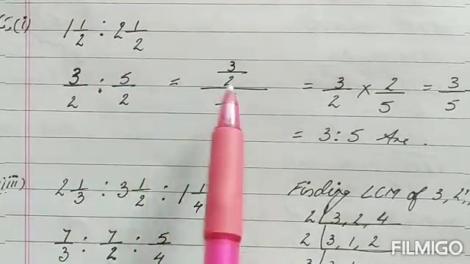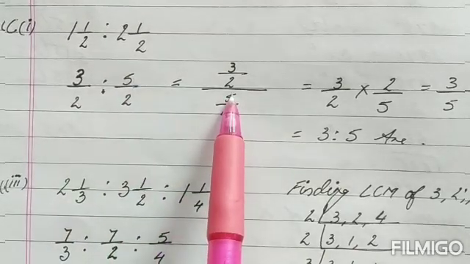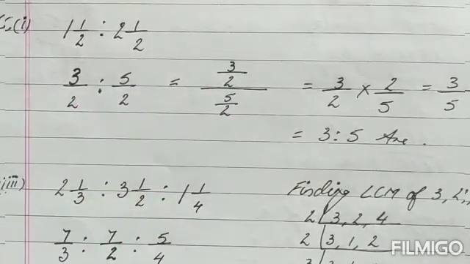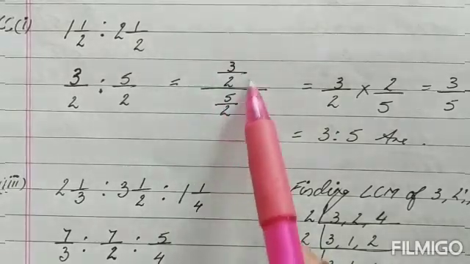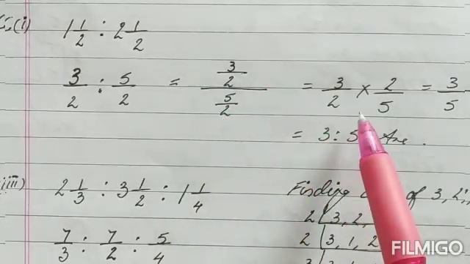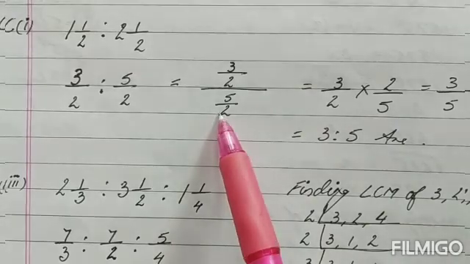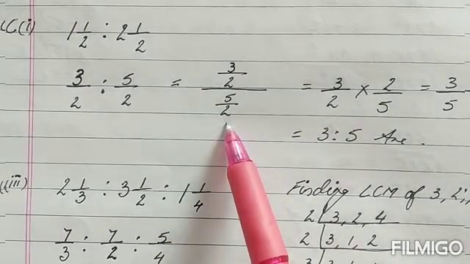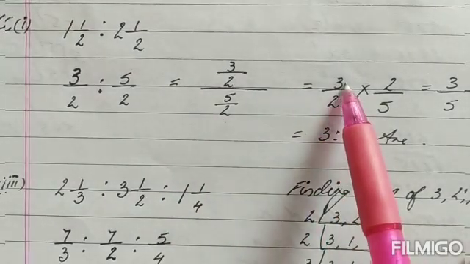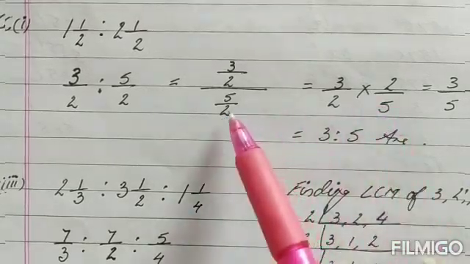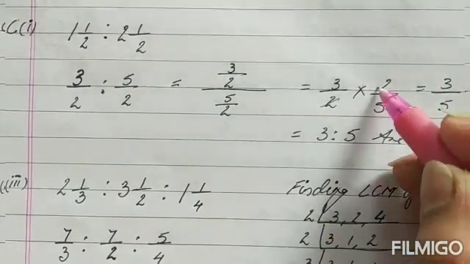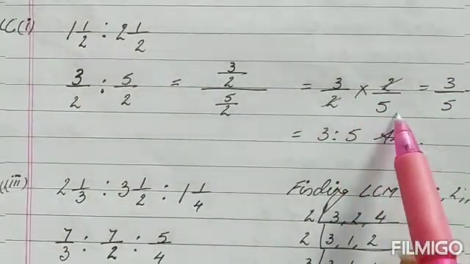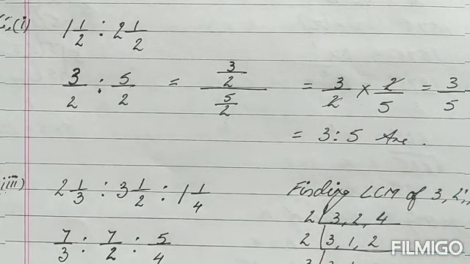Now this, when we write it in the form of a fraction, children, it will be written as 3 upon 2 divided by 5 upon 2. Now in fractions we have learned, children, that if the quantities are being divided, you have to write them in multiplication and reciprocal the fraction which is there in the denominator. So that is what is done over here. 3 upon 2 into 2 upon 5. I have reciprocated this denominator fraction. And now I can reduce 2 by 2. What are we left with? 3 and 5. So 3 upon 5 can be written as 3:5.